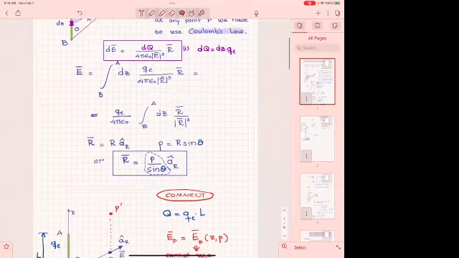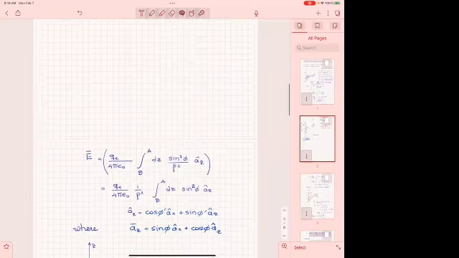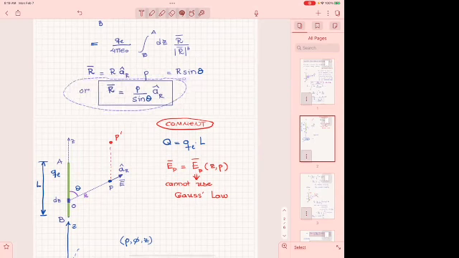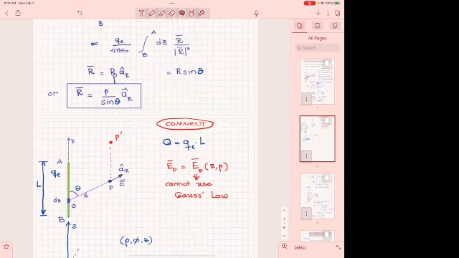Now, I will put it aside here to also show you that not only I know vector R, but I also know its magnitude. And the magnitude is rho over sine theta. Okay? So then